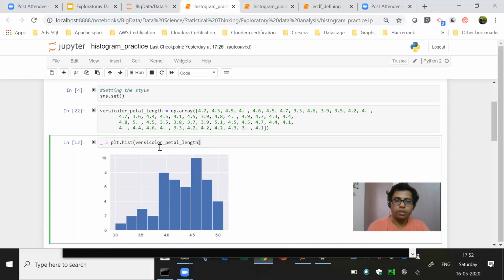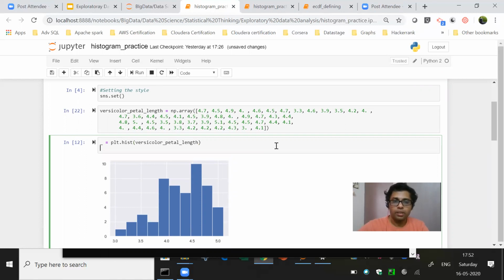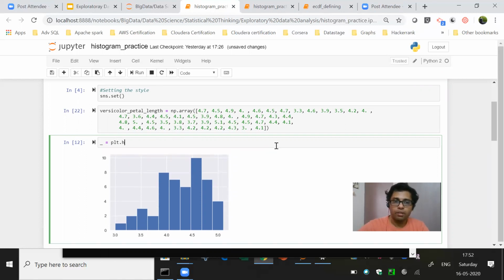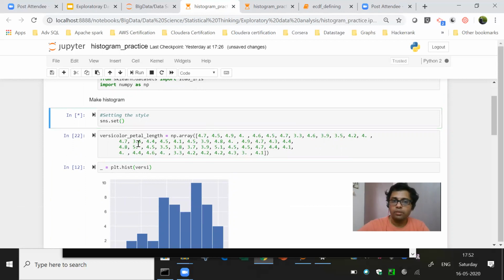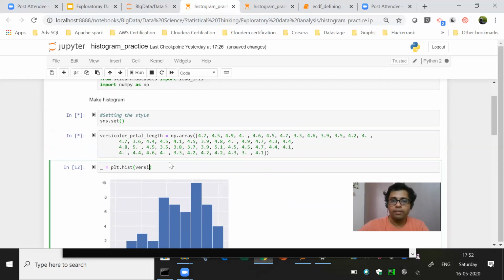And in order to plot the histogram, it is so simple. All you need to do is use plt.hist and pass in the variable name for the versicolor. So first I'm using the sns.set to set it up,